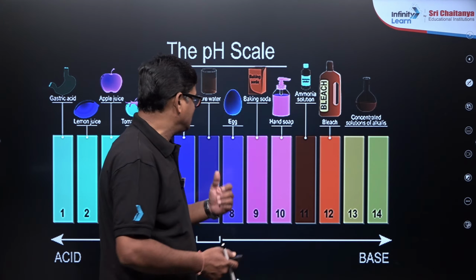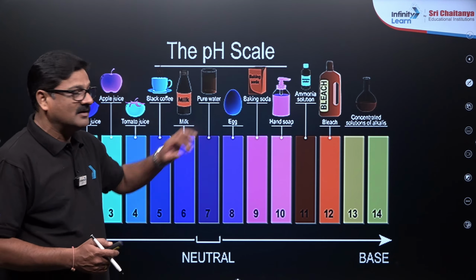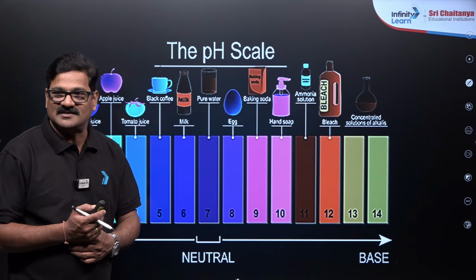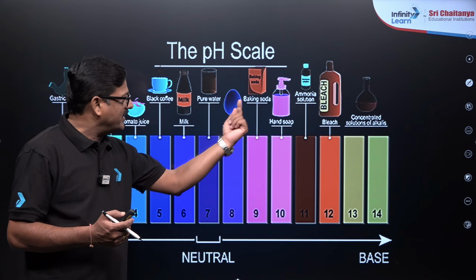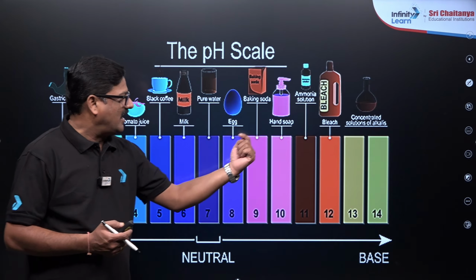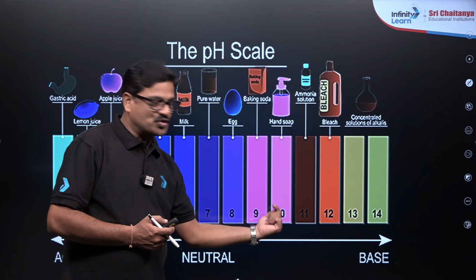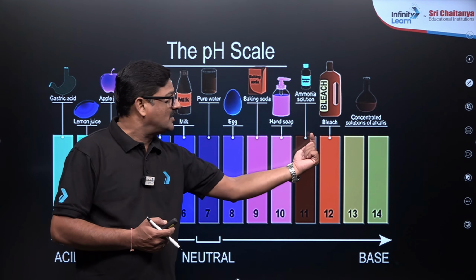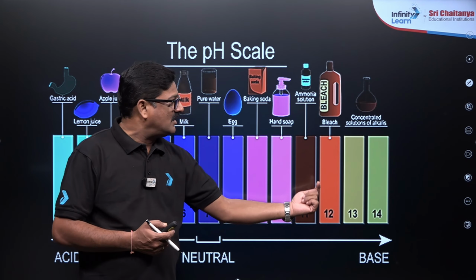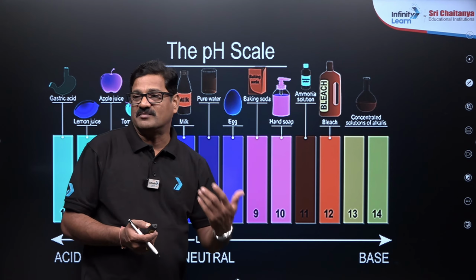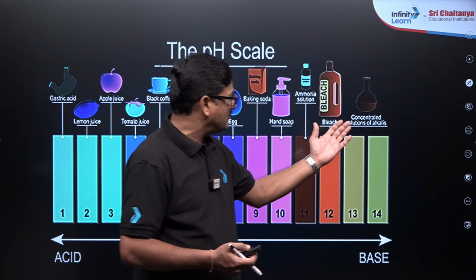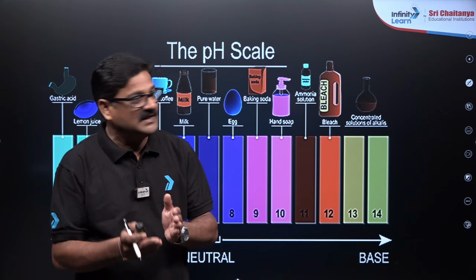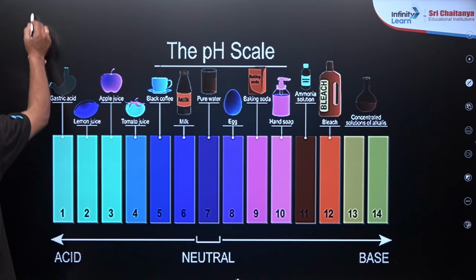And more than that, you can say pH 8. Egg white has a pH slightly greater than 7, it is slightly basic, and baking soda is pH 9. Hand wash soap is 10, ammonia is 11, and bleach is 12. A concentrated solution of sodium hydroxide, potassium hydroxide, barium hydroxide comes to pH 13 and 14. And you see pH is going to be